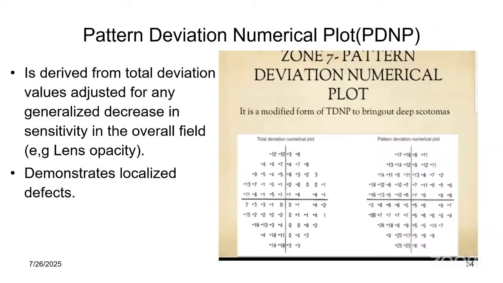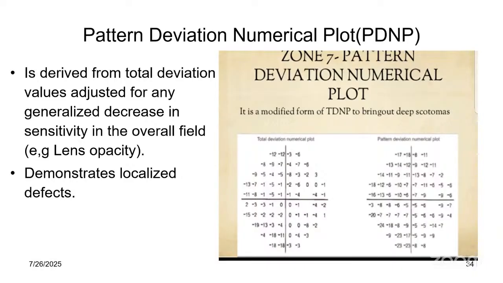And then the pattern deviation numerical plot is gotten from the total deviation numerical plot, in the sense that this helps in bringing out localized or deep localized defects or scotomas in the visual field. That's after you've corrected for any lens opacity or vitreous opacity. After correcting for that, you then have the localized defect. How do we do that? That is usually done by you arranging